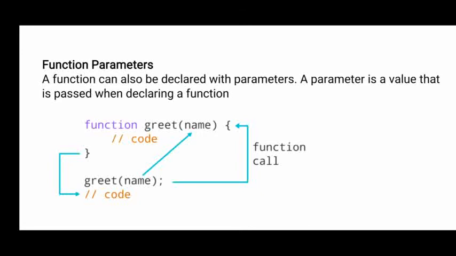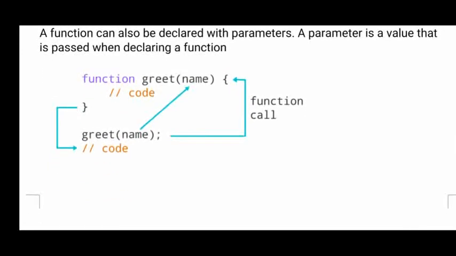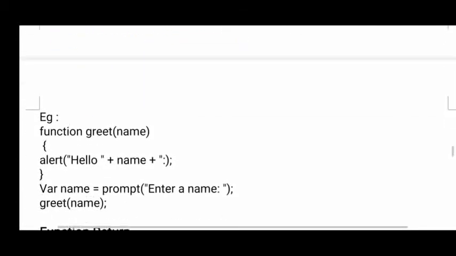Okay, so function greet. Inside the brackets of greet we have name as a parameter. But where is the value of that parameter? When you call the function, at that time we pass the value. At the time of calling, you see greet(name) is there. Whatever you give in greet(name) will be supplied to the above greet function when you call it.